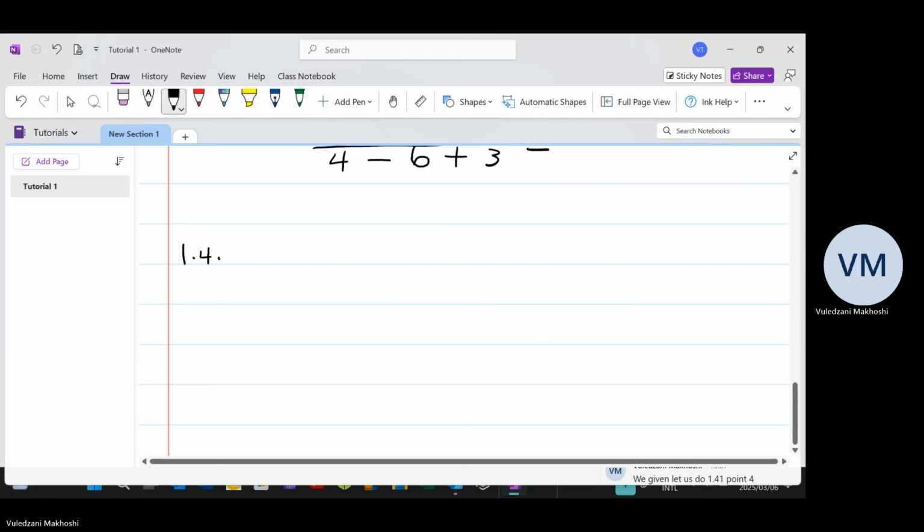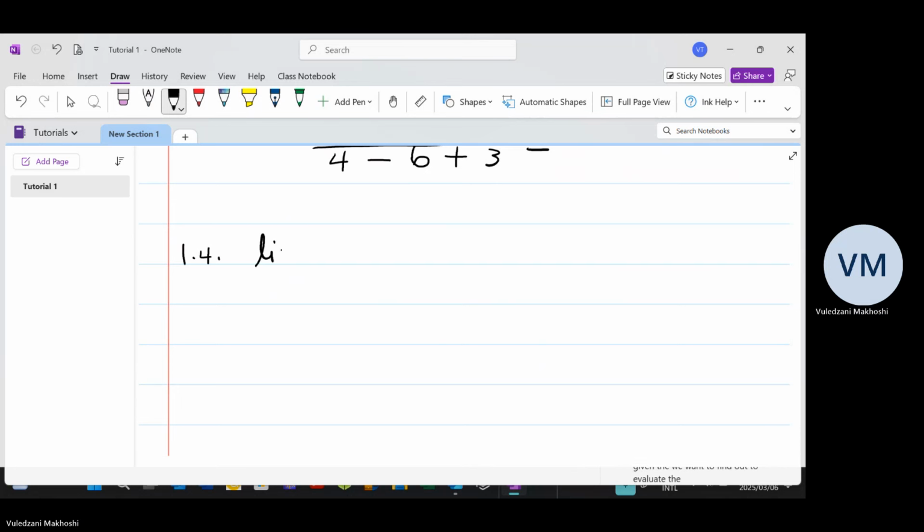We want to find or to evaluate the limit when h is approaching 5 of h minus 5 divided by the square root of h plus 4 minus 3,